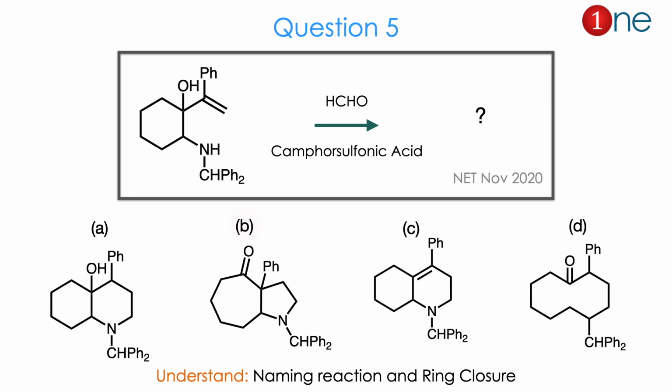Here there are many functional groups. You have to identify the reaction center. You are using aldehyde and acid. Here four choices are given. The choices are mostly about ring closure, how the ring is closed, the position of the double bond and the fate of the alcohol, whether the alcohol is there or converted into a ketone, or ring expansion after the cyclization. So there are many possibilities. From the aldehyde and amine you might guess a named reaction is involved and definitely a ring closure possibility should be there. The answer is B. Let us see how.